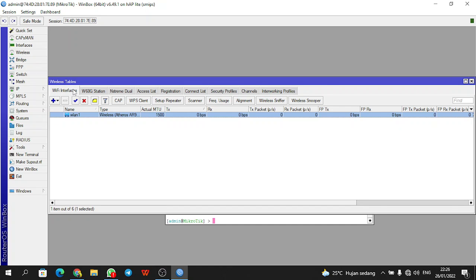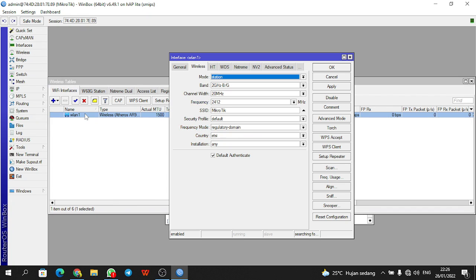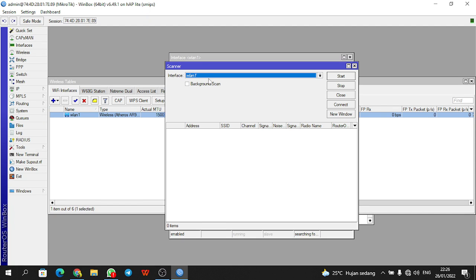Next, after we create a security profile, we have to set our wireless to station mode. We double-click VLAN 1 and choose station, and we can scan on VLAN 1 and start.